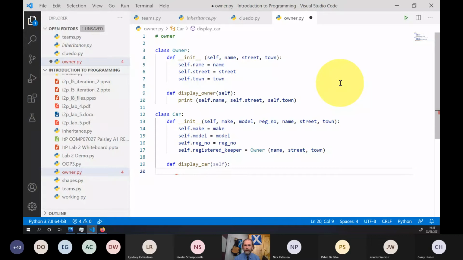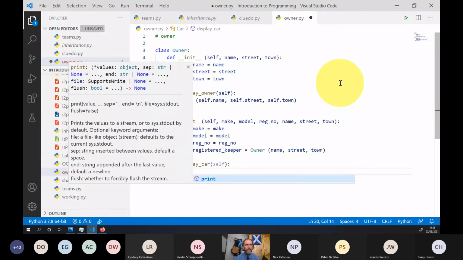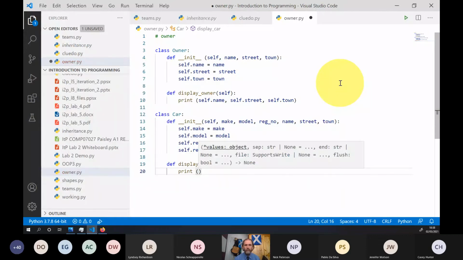Okay, so a final method here, just to quickly print with the car.